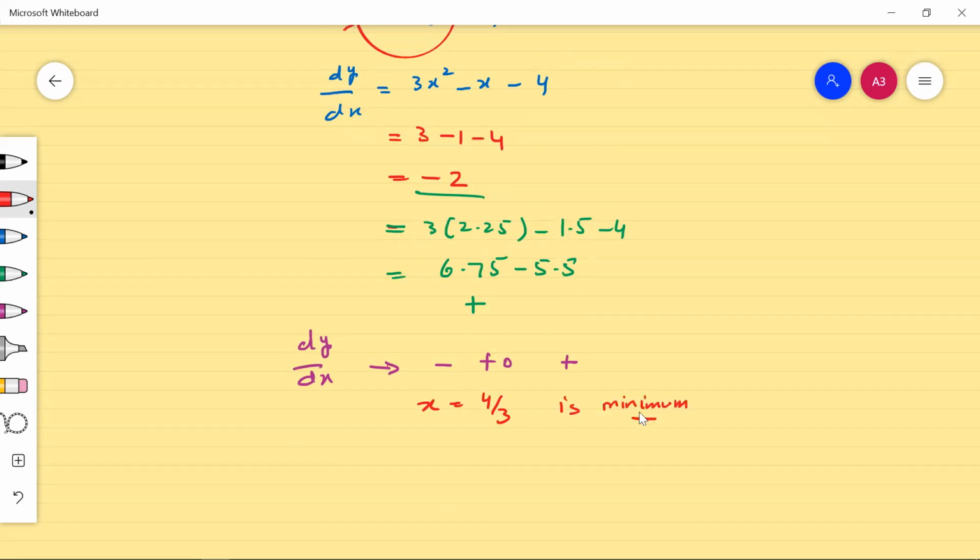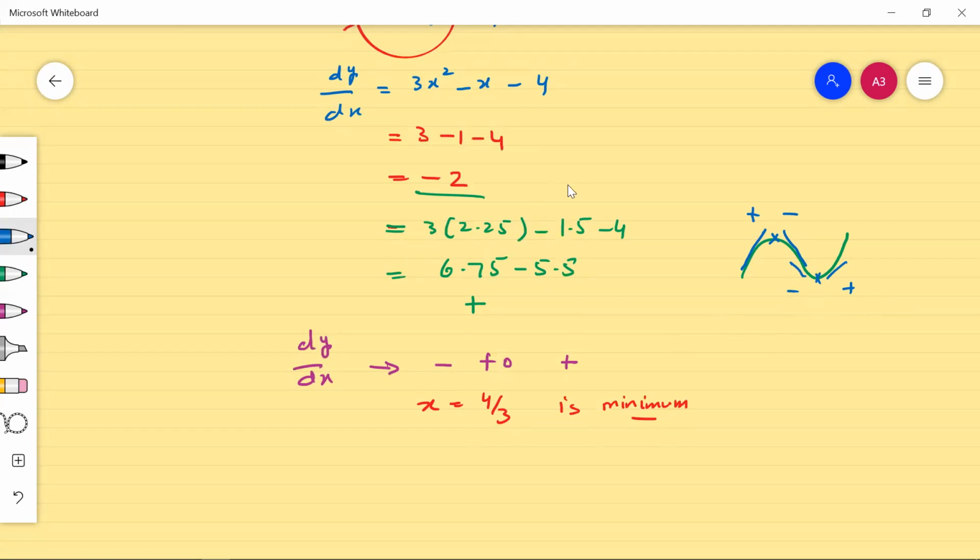Okay, if you forgot whether the sign is negative to positive or positive to negative, that is, whether it is maximum or minimum, just quickly draw a curve. If this is the maximum point, then before it, if I draw a slope, the gradient will be positive, and after it, the slope will be negative. So if the gradient changes sign from positive to negative, it is a maximum, while from negative to positive, it is a minimum point. So here, negative to positive means the point will be a minimum.